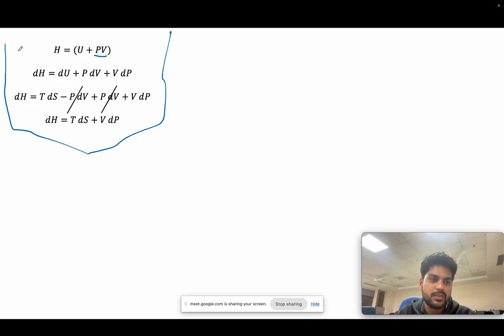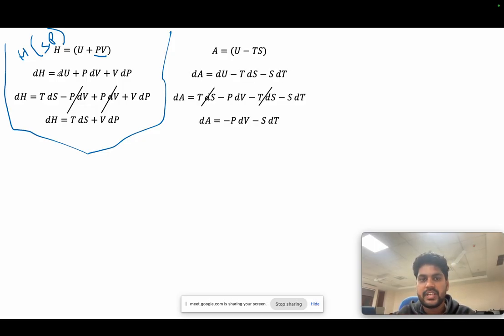So what does it say? Now enthalpy is a function of S comma P. Suppose I give the entropy and the pressure, I can find out the enthalpy. You can understand from this equation. If any two variables are given, the extensive state says that I can find the different parameters of the state. And if you take the Helmholtz free energy, you will get A as a function of V